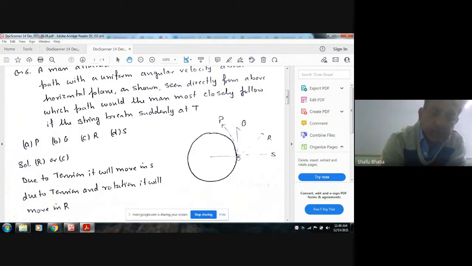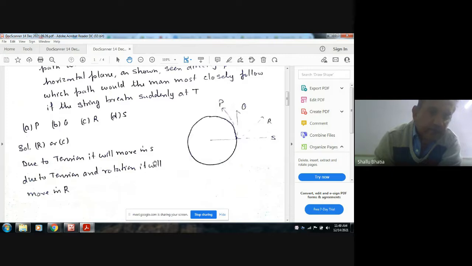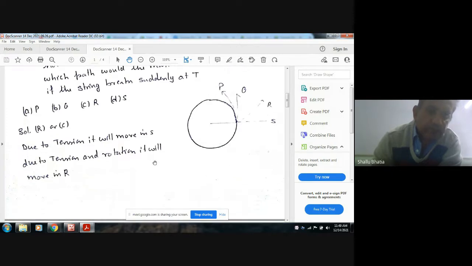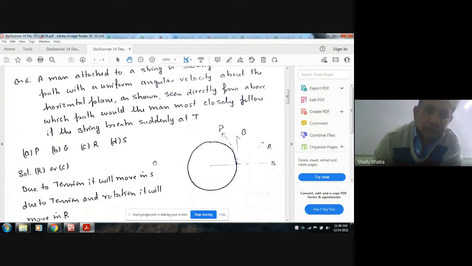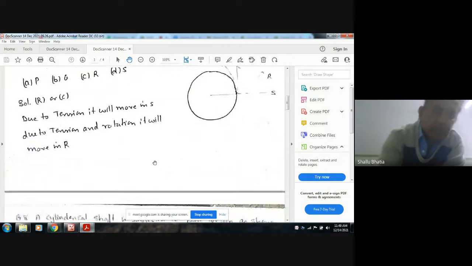Now, due to centrifugal force, the stone will go in this direction. So the resultant of these two will be R. Due to tension it will move in the S direction. Due to tension and rotation it will move in R. So the answer is option C. Okay, next,